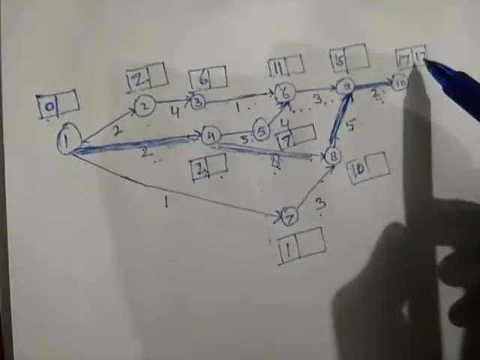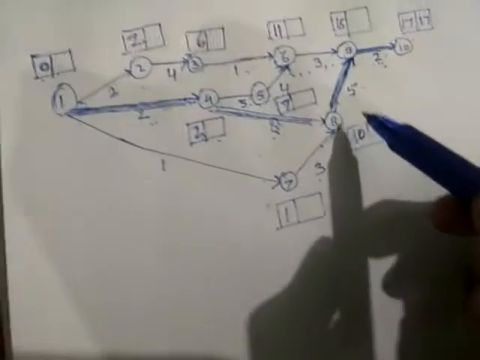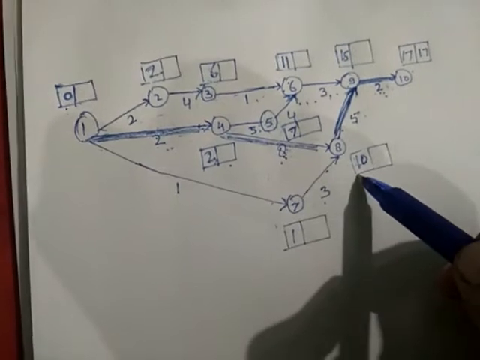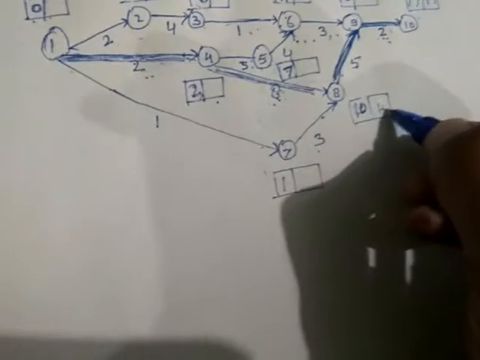Now for the calculation of latest time by the backward pass method, we will use that shortcut: the activity slack and event slack for each critical activity is 0. It means that for the activities on the critical path, the earliest time and the latest time will be the same. That means the number in this box will be the same here. So we will write directly. Here it will be 15, here it will be 10, here it will be 2, and here it will be 0. Now the rest of them we will calculate.